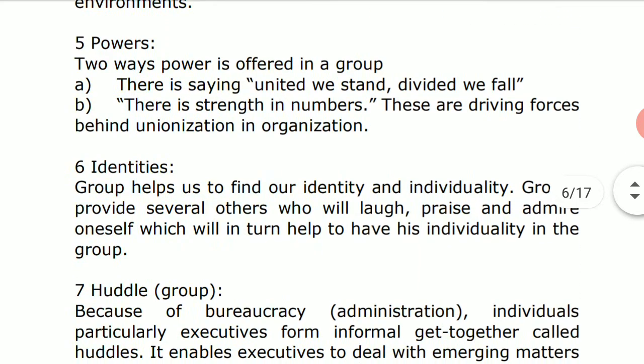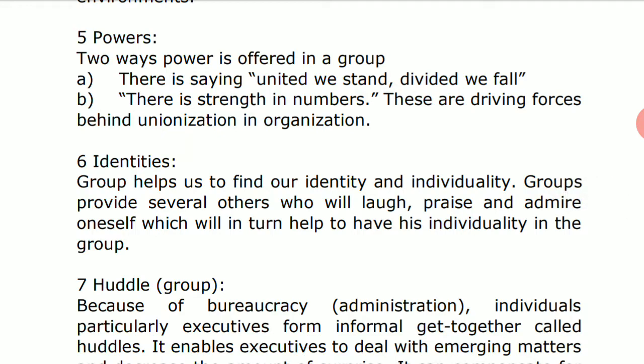Fifth importance comes up is of the powers. Two ways power is offered in a group. Number one, there is a saying, united we stand, divided we fall. That means આપણે એક સાથે હોય ત્યારે we stand together, right? અને when we divide, then we fall. તો સંપ ત્યાં જંપ, right? તો જ્યાં સાથે રહી શકાય છે તો we can stand together, and when we cannot stand together, the things fall